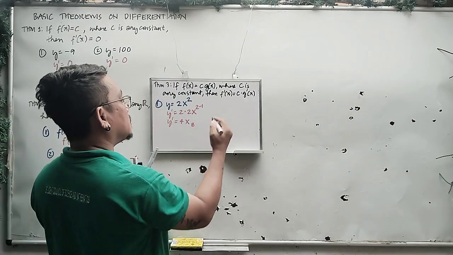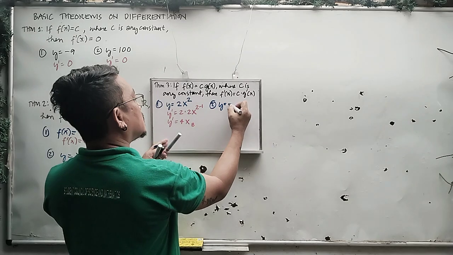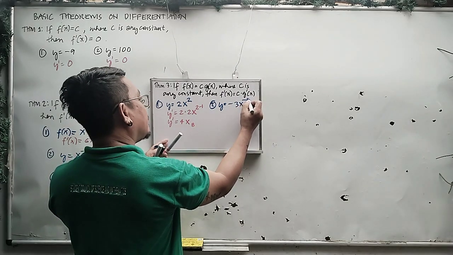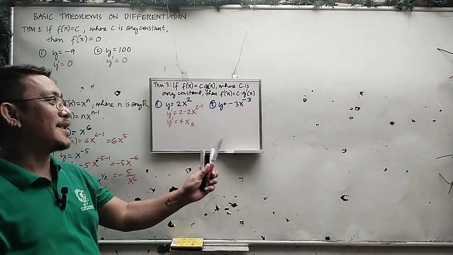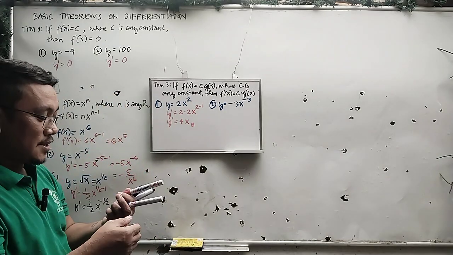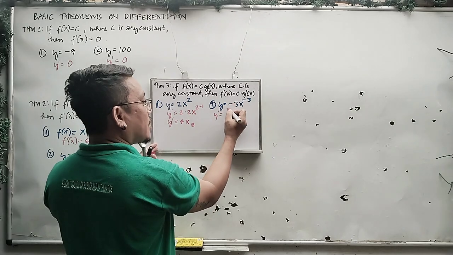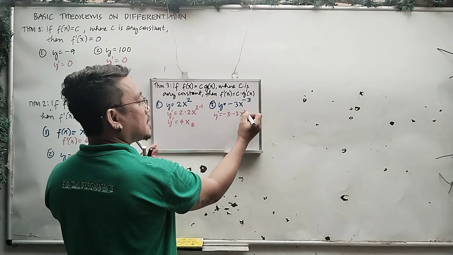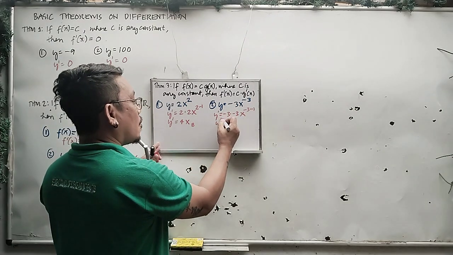Number 2. y is equal to negative 3x to the power of negative 3. So, the constant is negative and the power is also negative. So, again, using the theorem you have here, y prime, you copy negative 3 times the power negative 3, x to the power of negative 3 minus 1. Still the same. y prime,